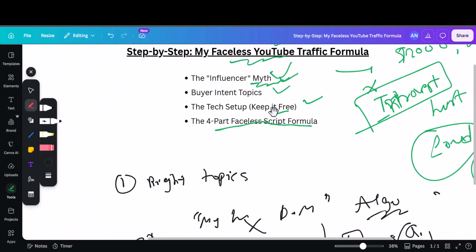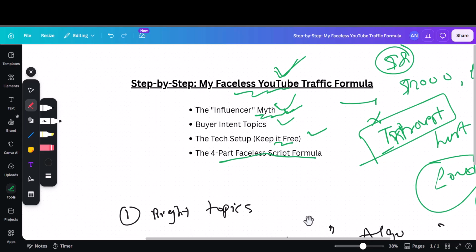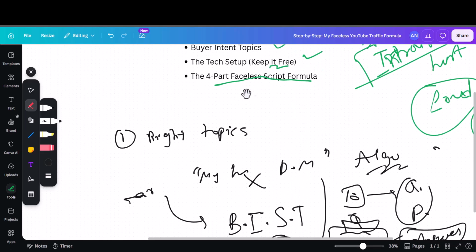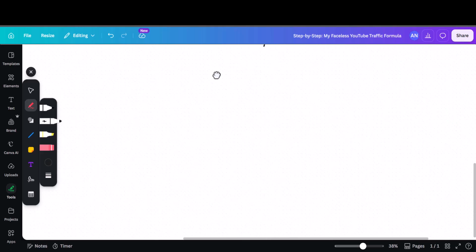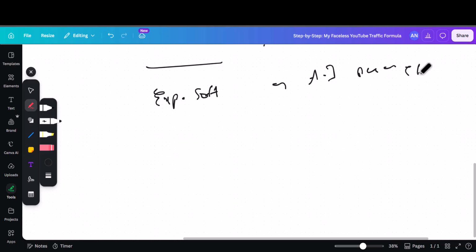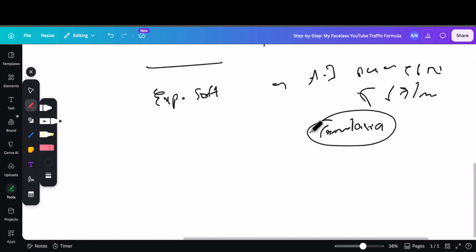All right, now let's talk about the third thing, that is the tech setup. And after that I will talk about how to really create videos, which is very important, right? The tech setup, let's just quickly cover that part here. The important thing is, you do not need any expensive software. People go ahead and purchase those AI powered video editors that cost like $67 per month, or they go ahead and purchase Camtasia. I use Camtasia, but you really don't need it. I have been using Camtasia for years now. I'm comfortable, that's why I'm using it.